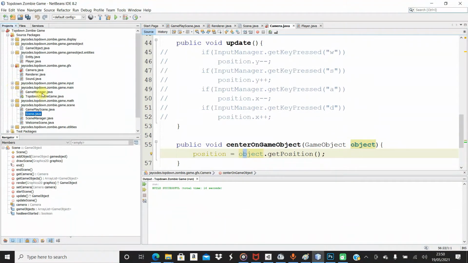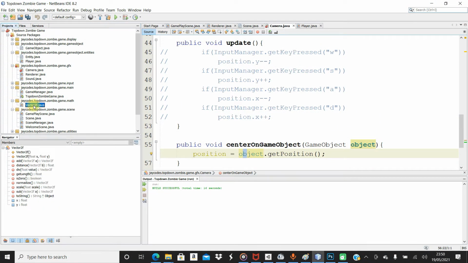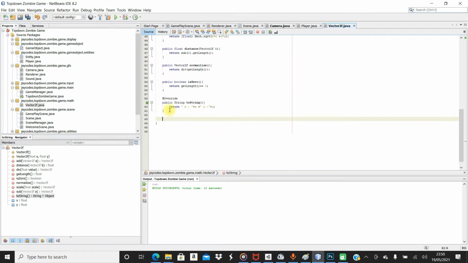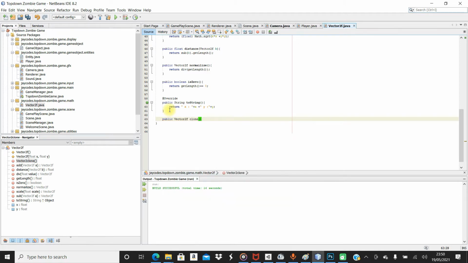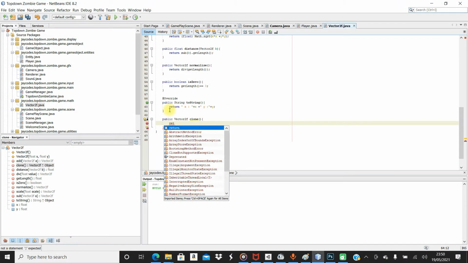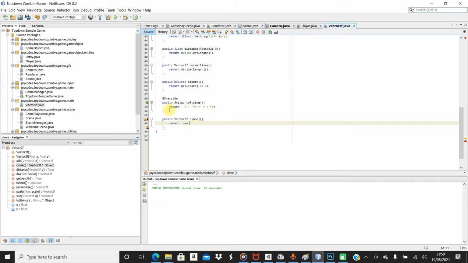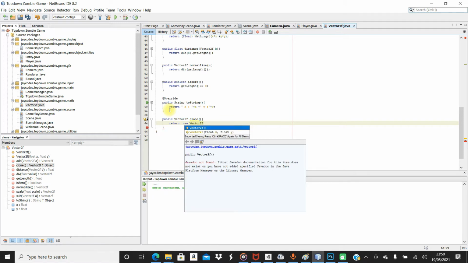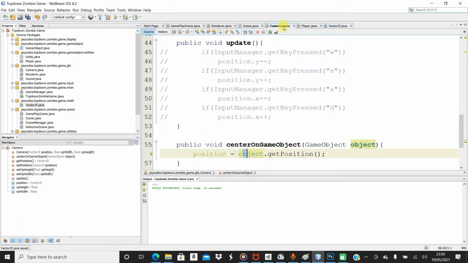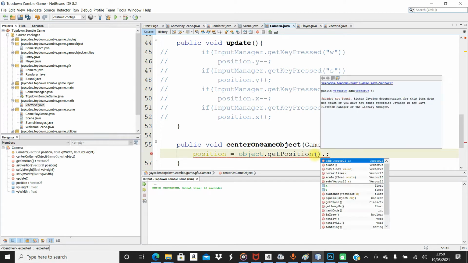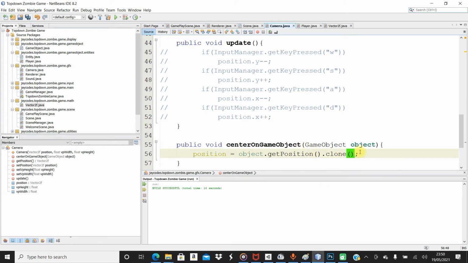To do that, we're going to go to the math class, to Vector2f, and create a new method called clone. public Vector2f clone returns a new vector copy of the same class. So we're just going to simply return new Vector2f, and there we go. This should be fresh, and we're just simply going to say .getPosition().clone(). And there we go. So now if we run this,